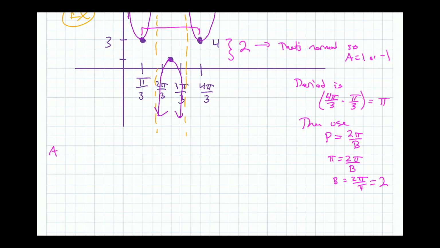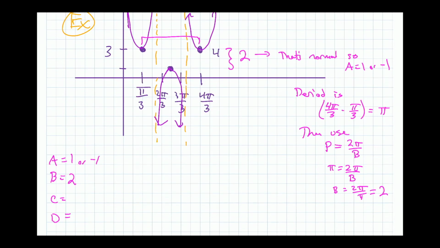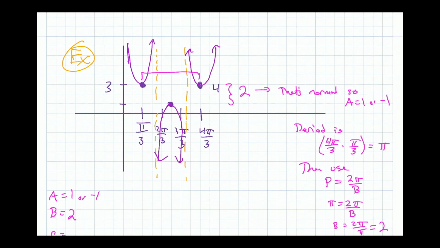So we already had A equals 1 or minus 1. We've got b equals 2. So this is going as well as it did last time. Yay. D is how much it's been moved up or down by. So where's the midline on this? Right? This is 1 and it's up at 3. So where's the midline? We haven't talked about midlines for cosecants, secants, but the midline is the way you would